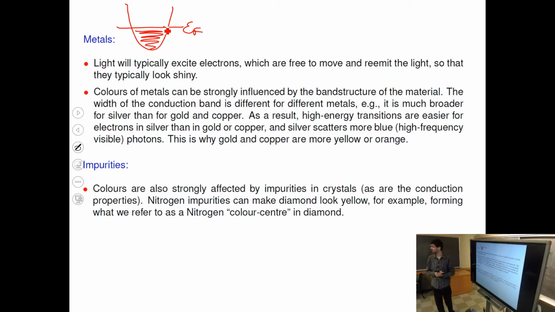Now, you also know that metals have different colors. A lot of the metals are silver color, silvery, but some metals are yellow or red. Like copper is more on the red, and gold is, of course, yellow, or brass, alloys like that. So that's related actually to the width of the band.